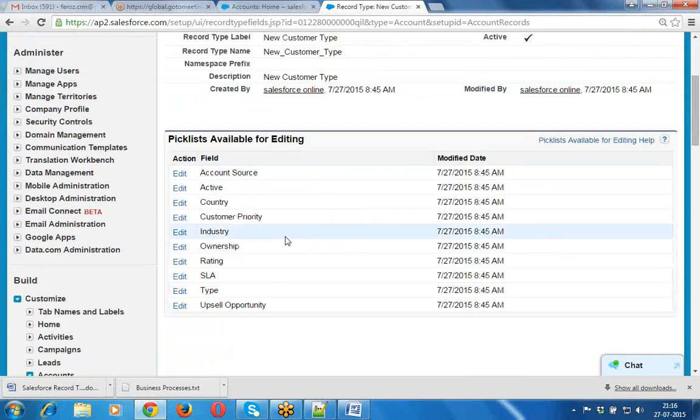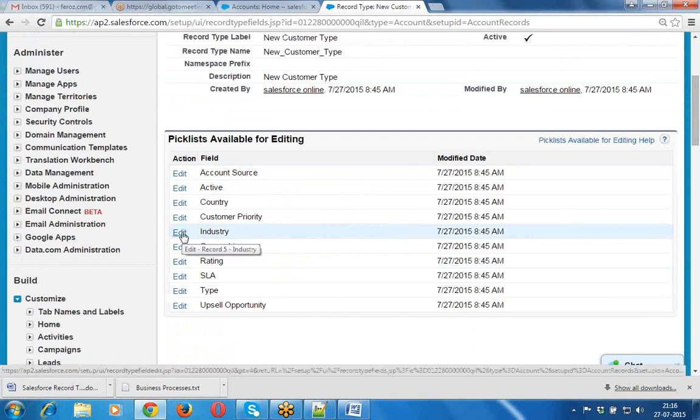So now, coming to this pick list field, for the new customers I want to allow only some of the industries. Assume that we are supporting various customers who belong to various industries. As of now, we are giving support to customers in banking, finance, healthcare, manufacturing, education, engineering, whatever. Almost all the industry customers.